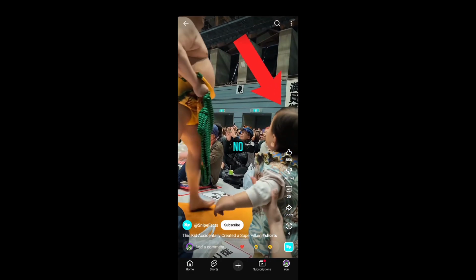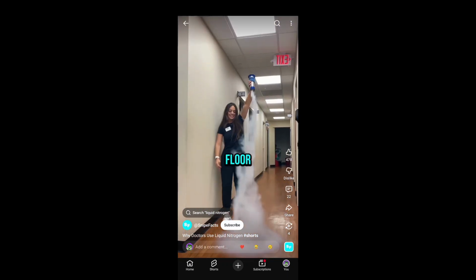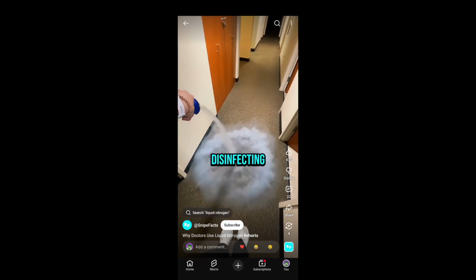This little kid had no idea he was about to create a new supervillain. Why is she dumping liquid nitrogen onto the floor? At first,